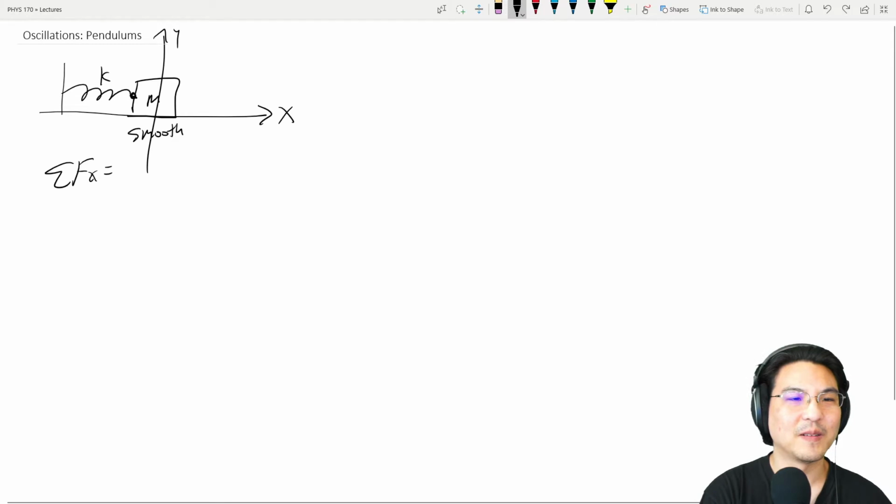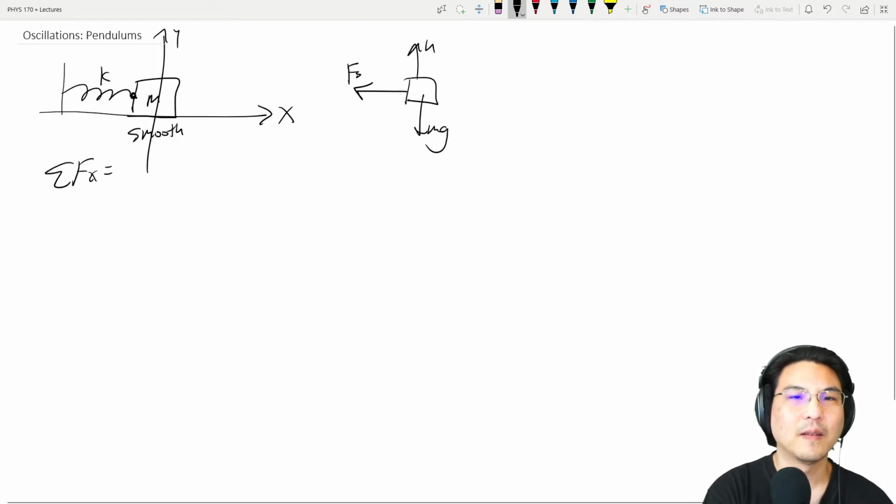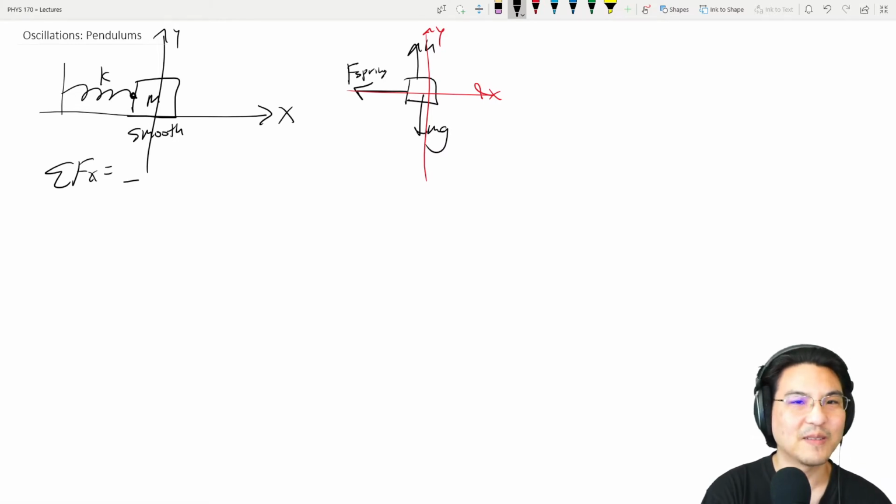So then the spring force would be this way. Right, and then here's our free body diagram. So in the X direction, we got minus spring force, so k and then x, and then that's it. Mass times acceleration. And right, you see if I divide both sides by m,